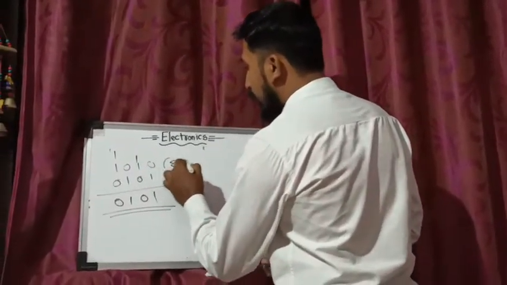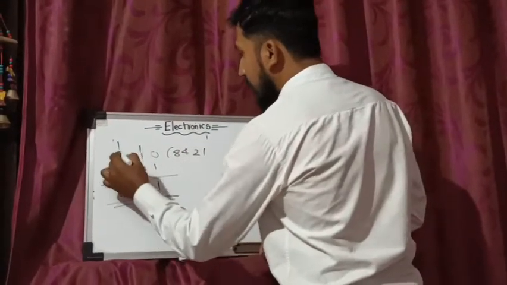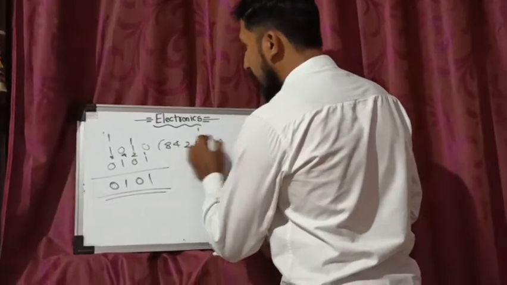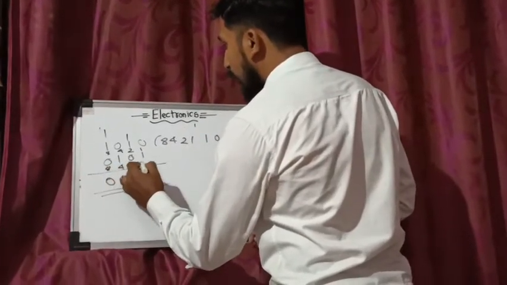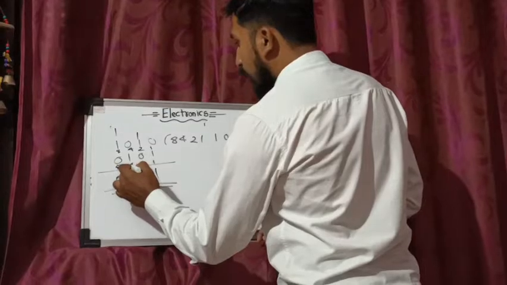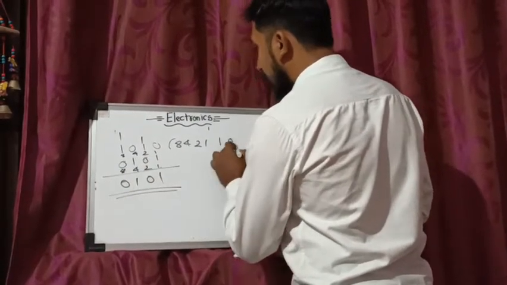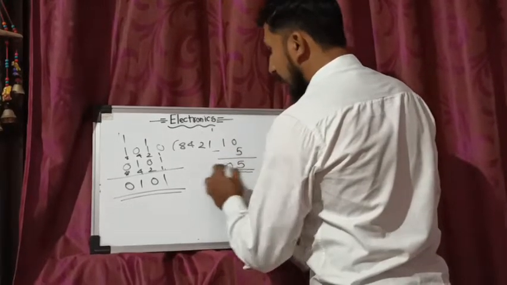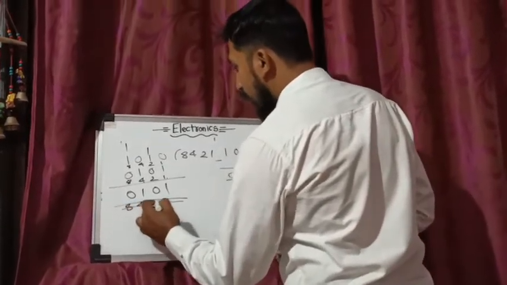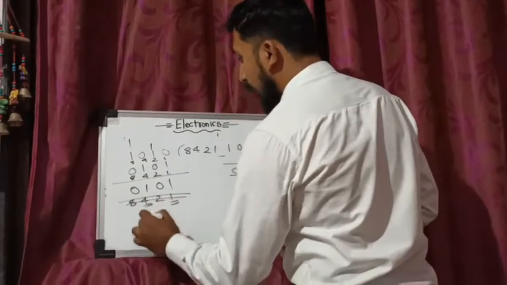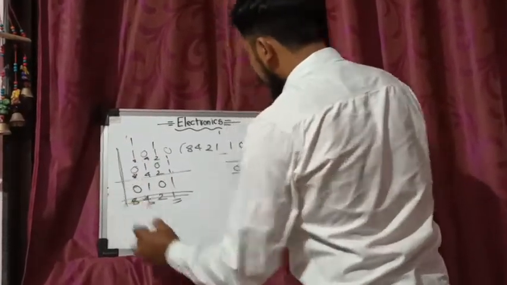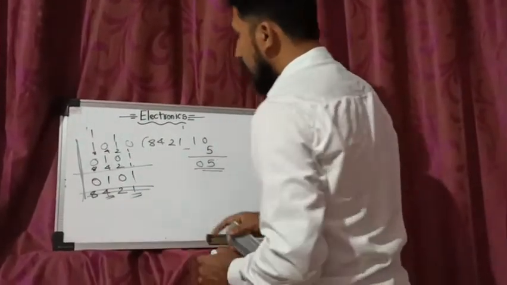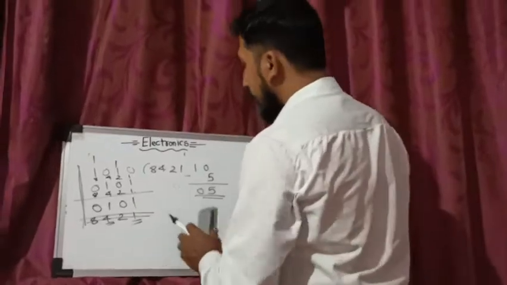So as per 8 4 2 1, this is 8 4 2 1. That is equal to 10. And this is 8 4 2 1, that is 4 plus 1, that is 5. 10 minus 5 is how much? 5. And this is equivalent to 8 4 2 1, which is equivalent to 5. So using this, what we have got is 10 minus 5 is equal to 5. So this is how we are going to perform binary subtraction.